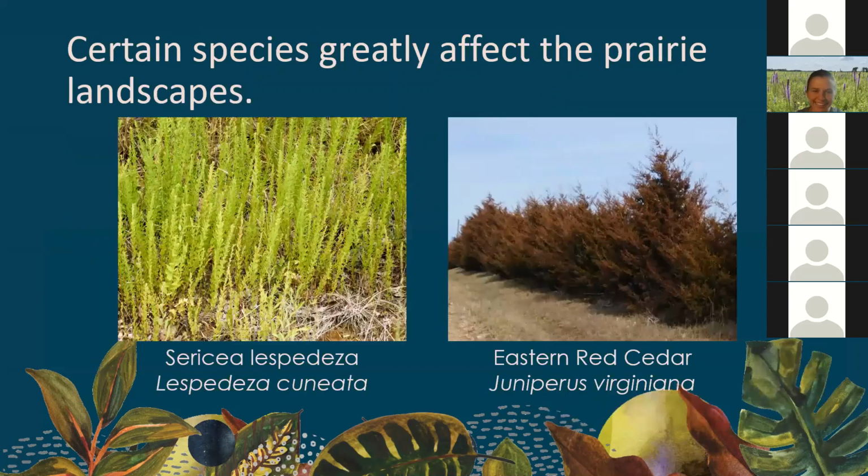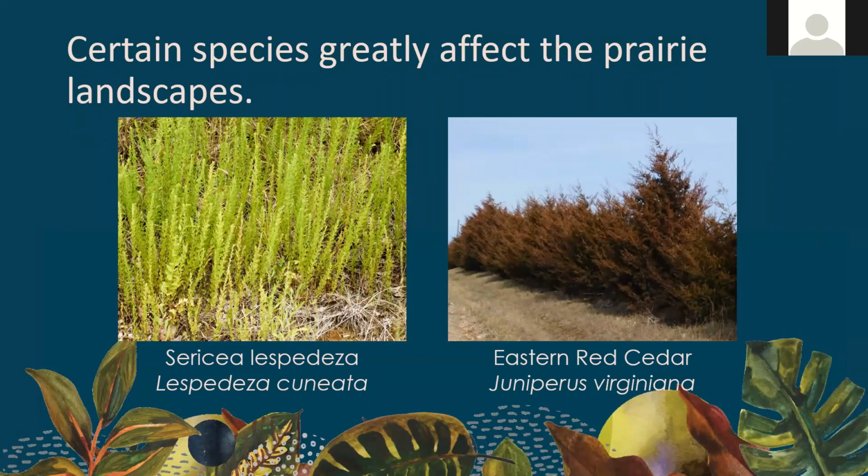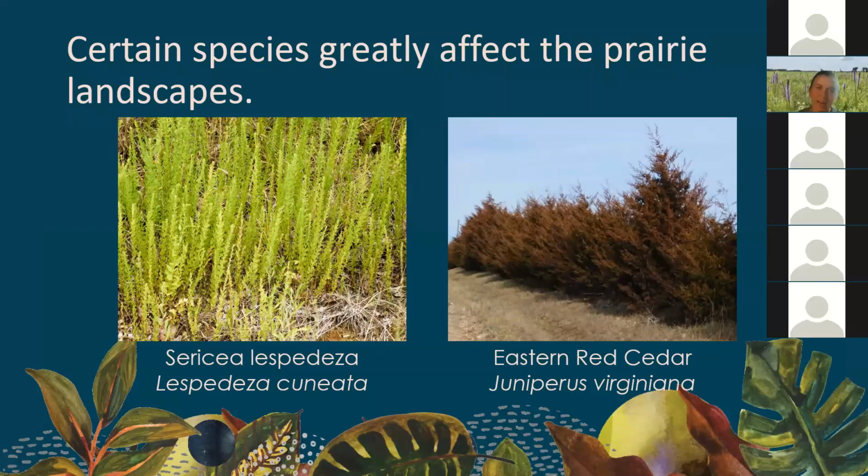All right, and the last component of our disturbances that we're seeing on prairie landscapes are certain plants, invasive species most often referred to, which are plants that didn't evolve in or with the habitat, and as a result have a very competitive advantage in this community. So most often you think about how dense a prairie is, so you wonder, how do these plant species get in there? So these are happening, like